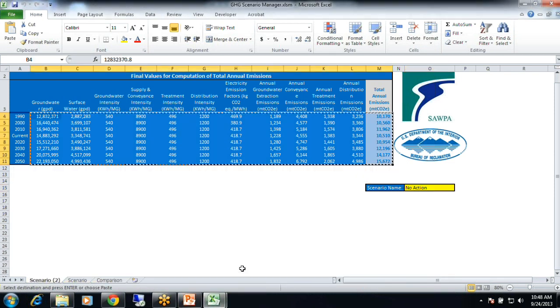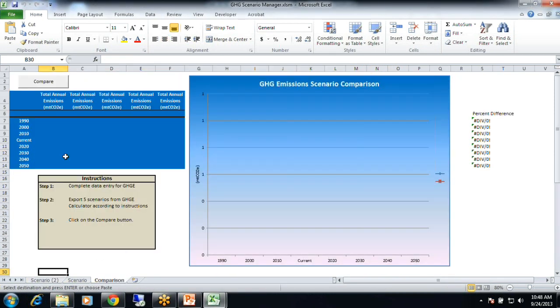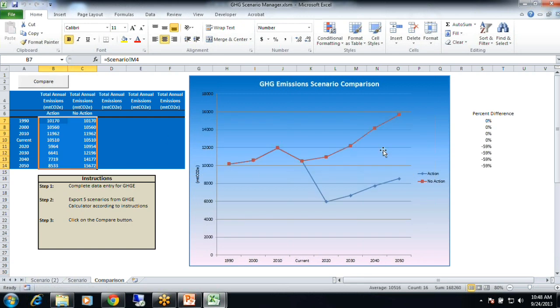So then you come over to your scenario manager, and you go to your comparison tab and hit compare. And it compares what this project is going to do for greenhouse gas emissions compared to the baseline. So this is the no action scenario. This is the action scenario. Now, I've also added, this is for my benefit, and if you guys find it useful, I can add it to the tool as a whole, the percent difference between the two. And like I said, I didn't do a detailed analysis here. I just did some rough estimates, so that's why the percent difference doesn't change, because I just put it in across the board. But if you did each decade, the detailed analysis of what that volume of water means as far as percentages, these would vary.